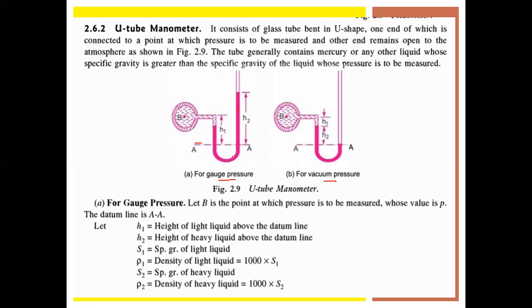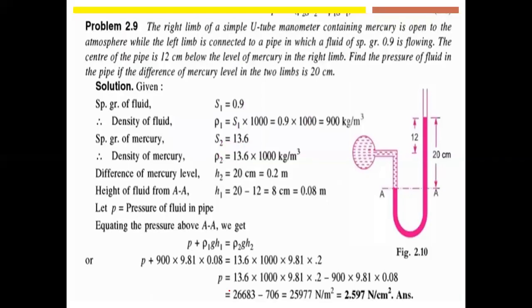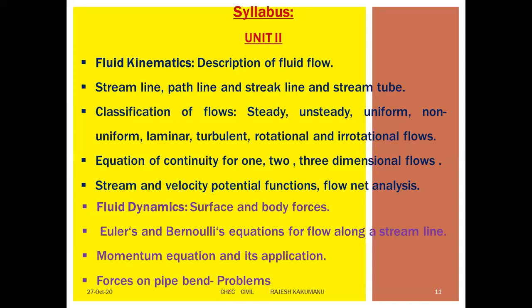Now, to take the considerations: H1 is the height of the light liquid above the datum line. H2 is the height of the heavy liquid above the datum line. S1 is the specific gravity of the light liquid. S2 is the specific gravity of the heavy liquid. Rho 1 is the density of the light liquid. Rho 2 is the density of the heavy liquid, right? So like this, we are giving the conditions. Then if you see the problems,